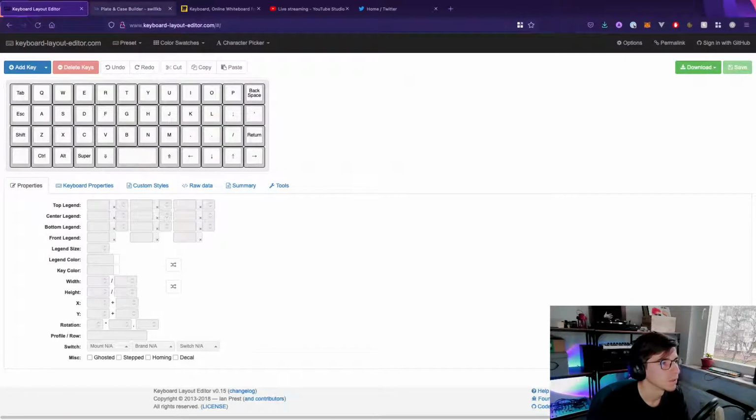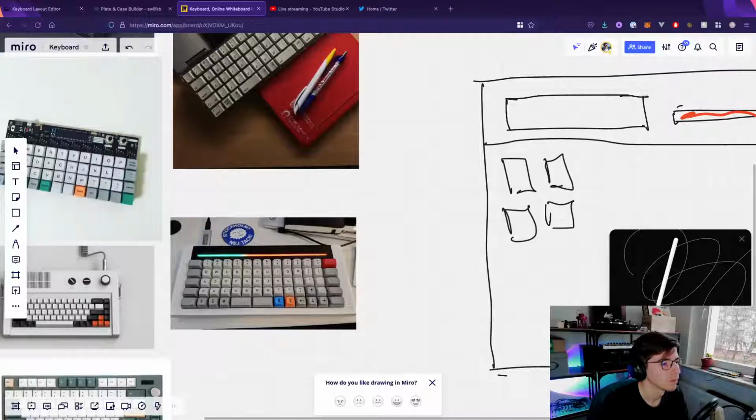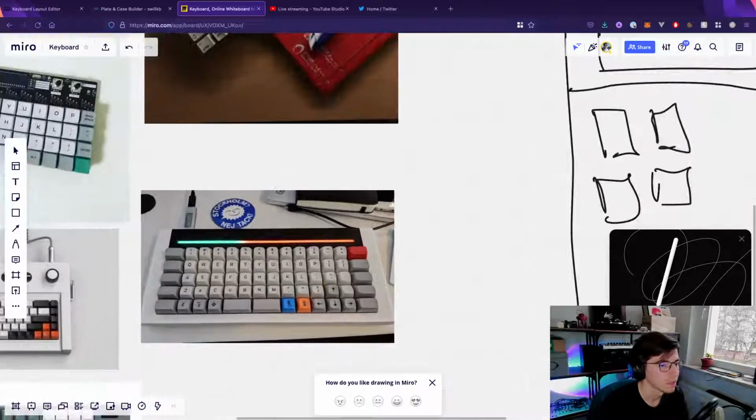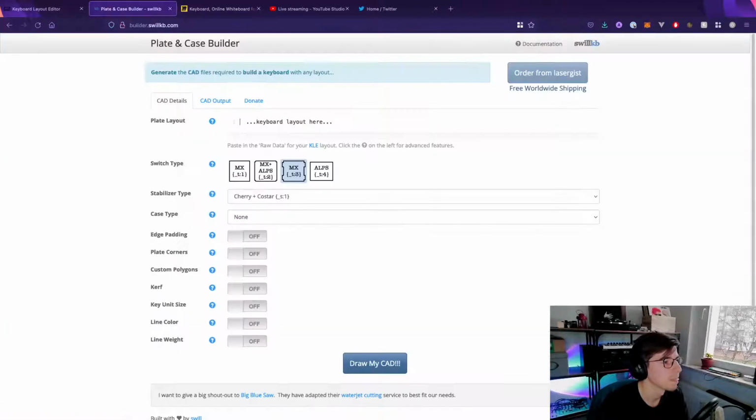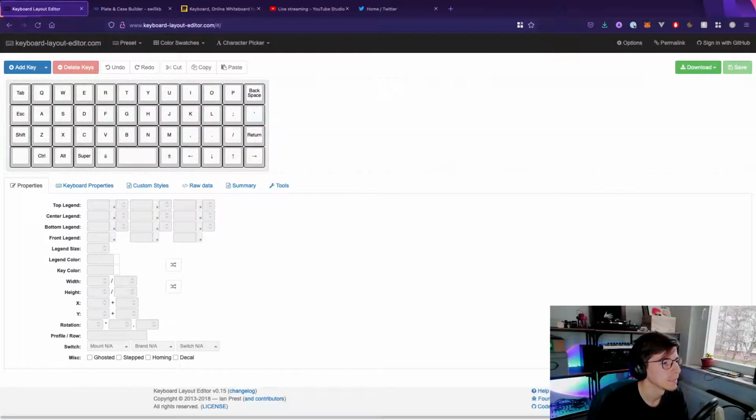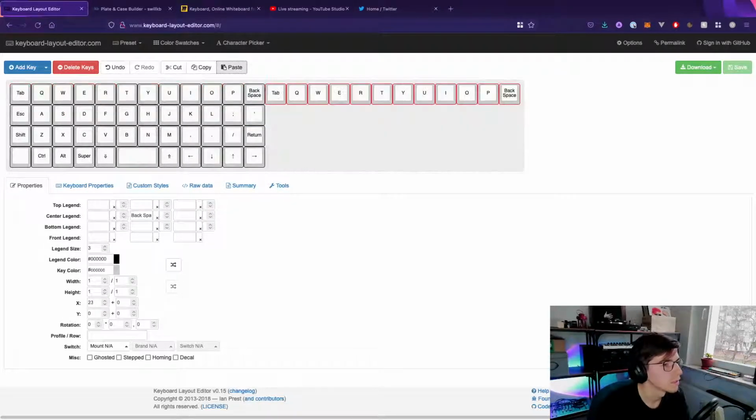So we will look at this one and kind of copy this one. So it has all these things. Yeah, what we need to do is copy, paste,